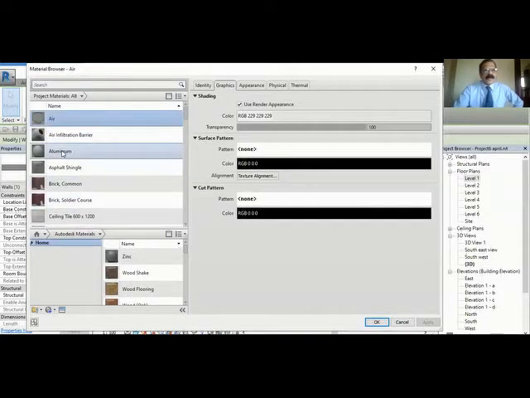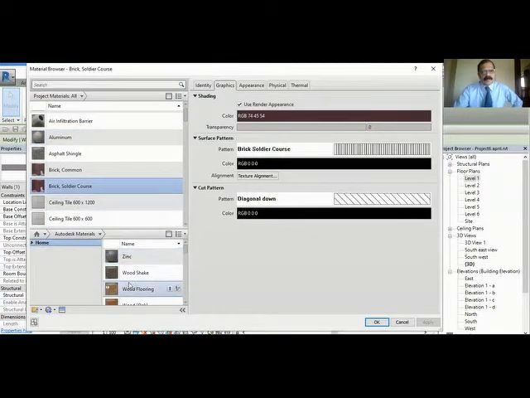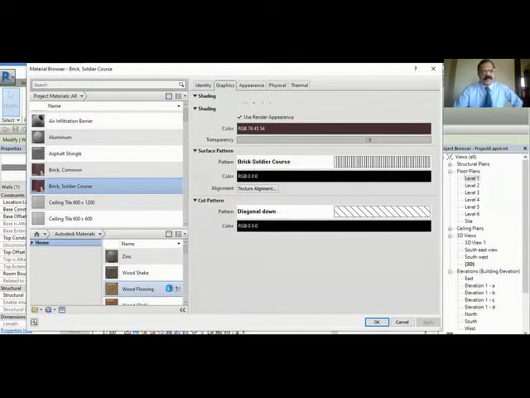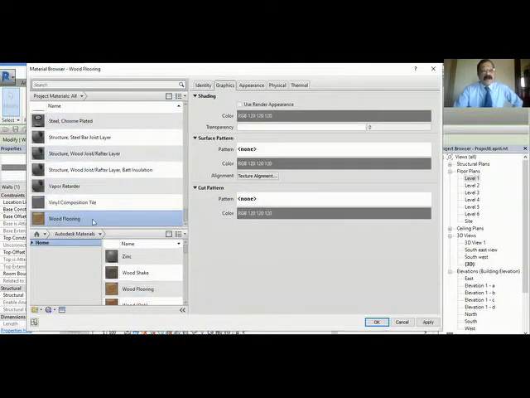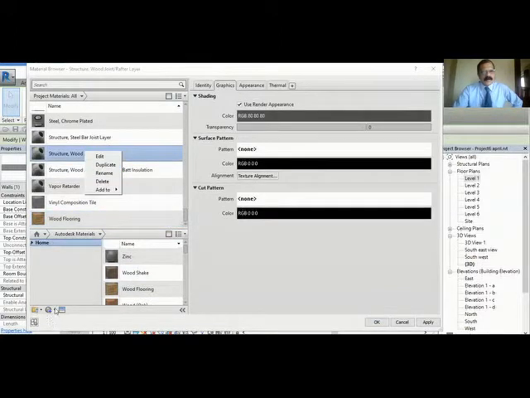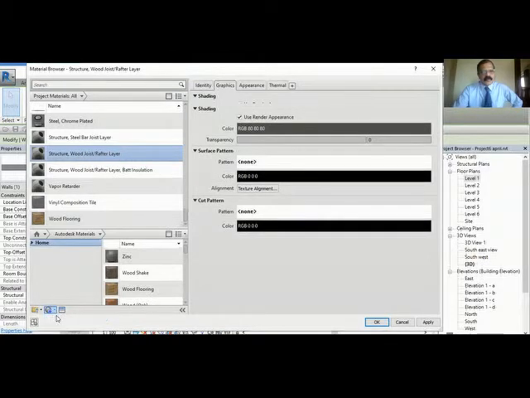So either you can right click and create a duplicate and change it. You can change it and give a rename and change its properties, or you can create a new object, or you can copy from here. Suppose you want to copy from here some material, we just click this button. So that has been added here. So you can add from here, or you can right click and take a duplicate of this, or you can create a new material. You go here, click this new material.